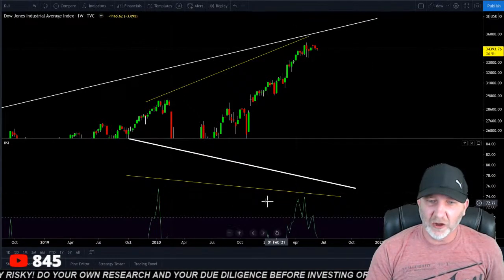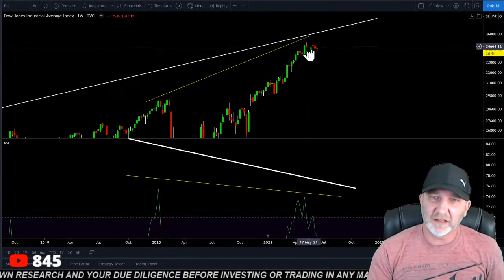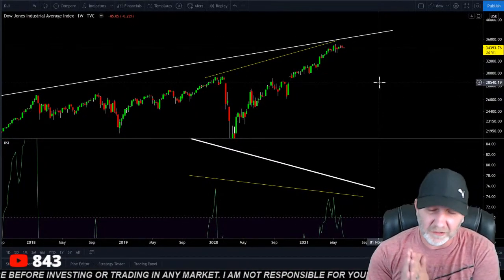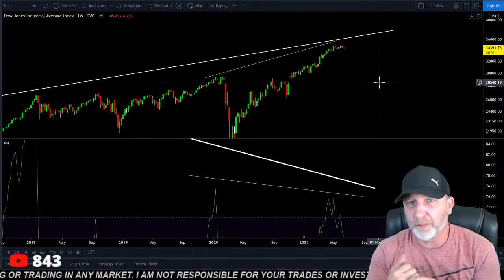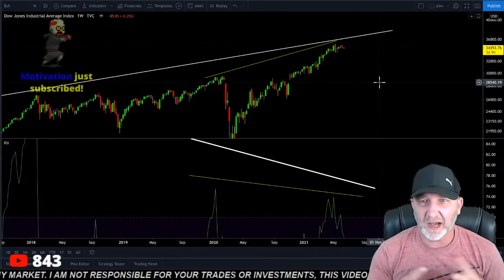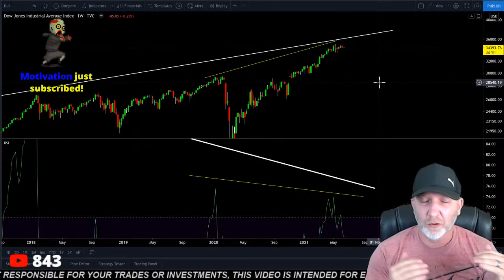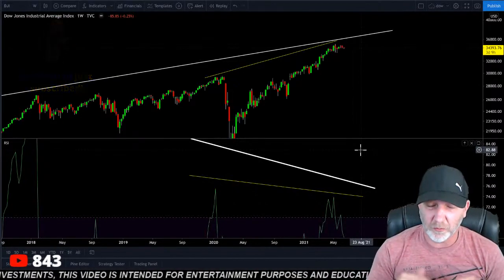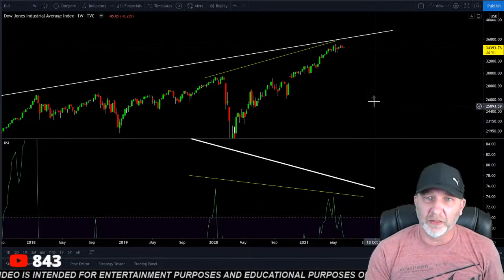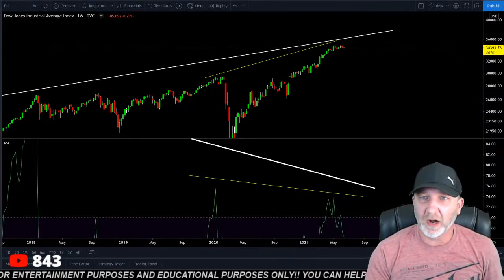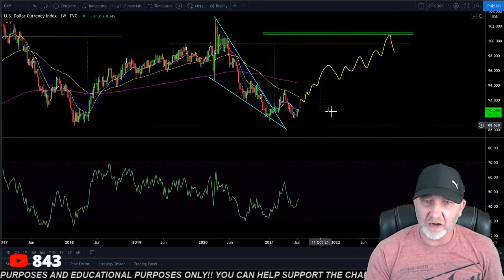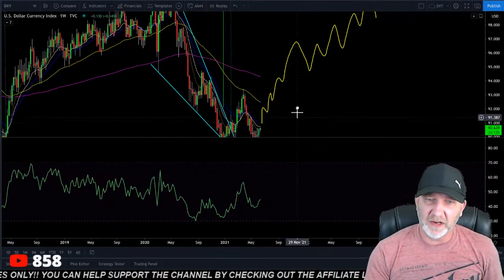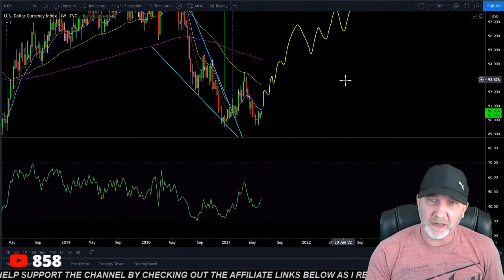And then we can zoom in here and look at the yellow line. Lower highs in the RSI, higher highs in the price action. More bearish divergence, guys. Be cautious, because everybody talks about Bitcoin not being correlated to the stock market. It is 100% correlated. We've seen what happened in March. If the traditional markets crash, that's going to be so bad for Bitcoin, gold, Ethereum, silver, everything. So let's look at the dollar index. The dollar is looking bullish, guys. If it can get above these EMAs, this is the daily. The dollar is looking pretty bullish, guys. And when the dollar goes bullish, Bitcoin goes bearish.